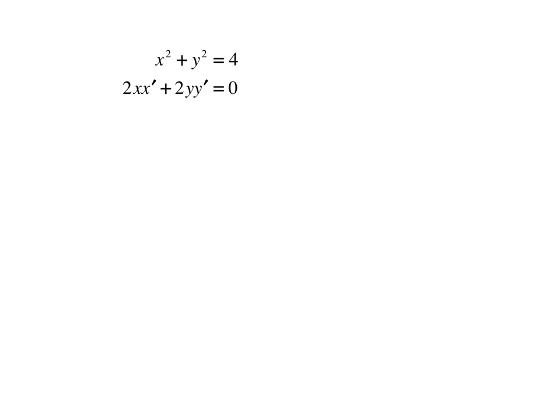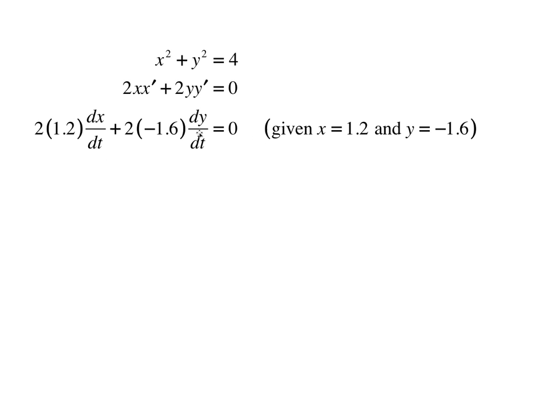Now that x prime and that y prime, since these are functions of t, those are dx/dt and dy/dt. So 2 times x times dx/dt plus 2 times y times dy/dt is the new equation. That's the new way of writing the equation. So we're writing this prime as dx/dt and this prime as dy/dt. And we are given that x is 1.2 and y is negative 1.6. So we substitute those in